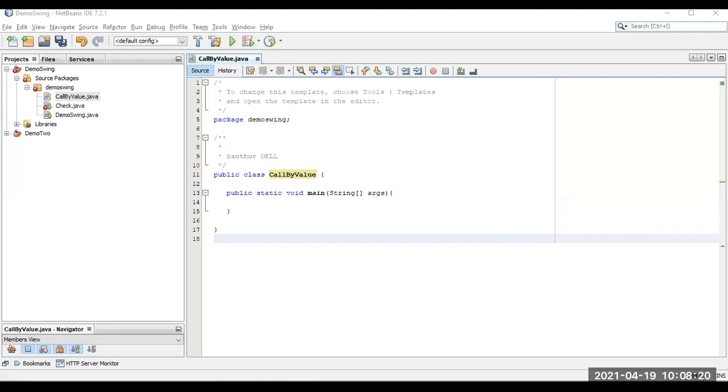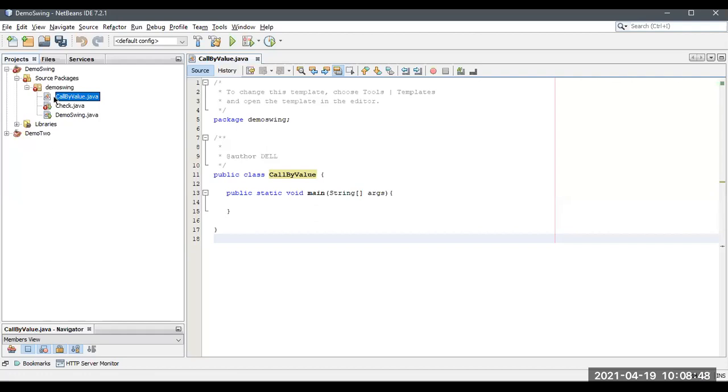There is no reference at all, but we can achieve that reference by using the object. With the example, you can easily understand. So while we are passing values, we call it call by value. When we are passing values to the method, at the time of creation of an object, I will show this one.